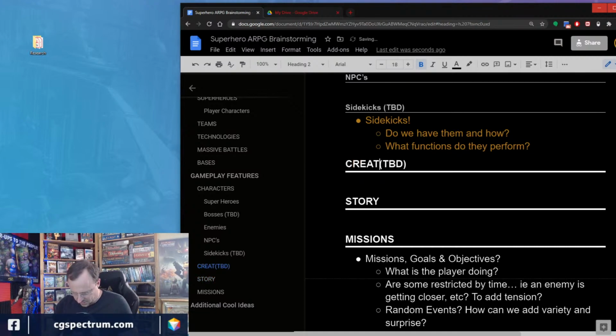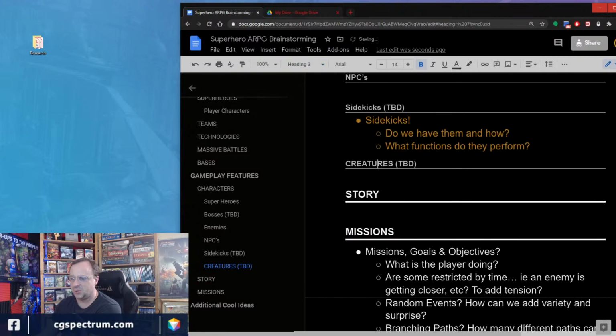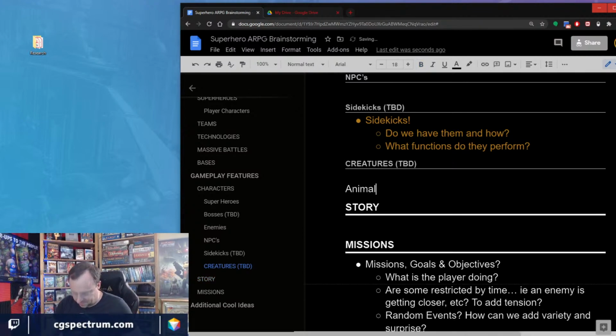So now creatures sometimes I put under characters, so it really depends on your game, and so it's not wrong to put creatures there as well. So again, for organizational sake, you just have to decide at which point does something become an important enough feature for that. And then, you might have even things like